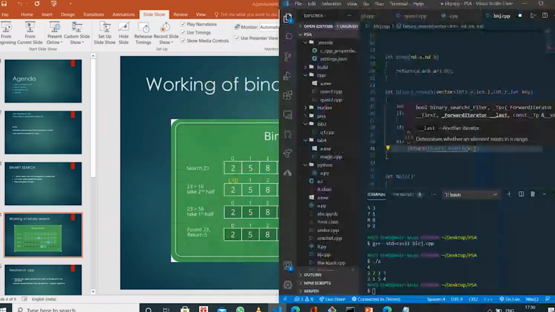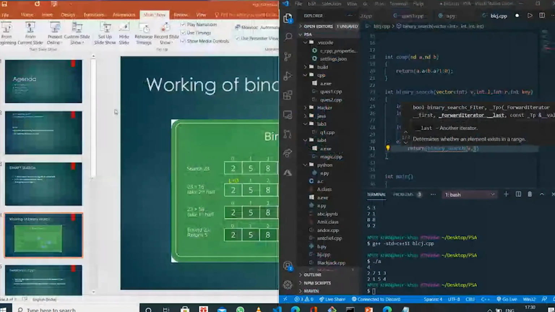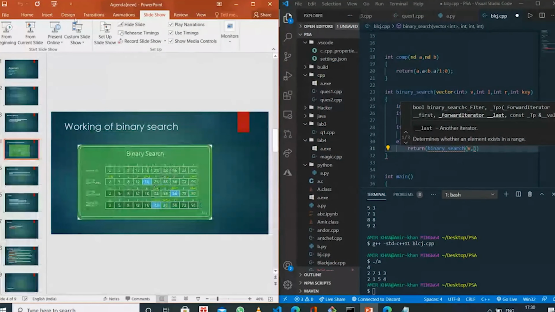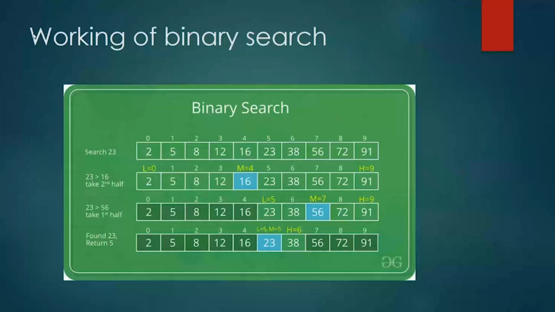See, this data is greater than key, so which part of the array do we have to consider? We have to consider this part of the array, from left to middle minus 1.